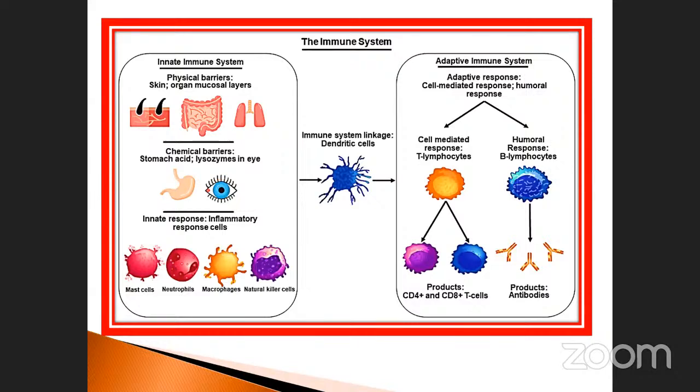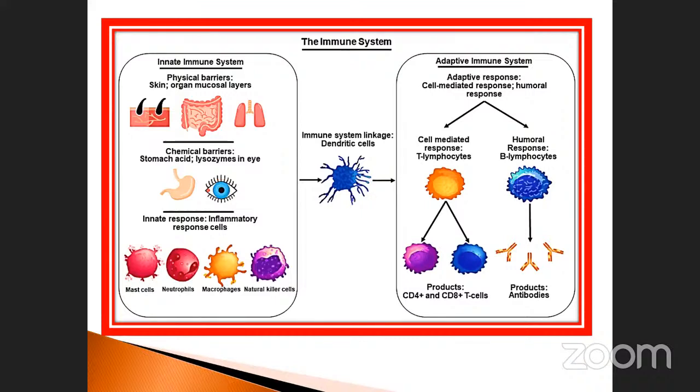We will study what the cell mediated response is and what the humoral response is later. You must note it down. Cell mediated response: which cell is essentially the T lymphocyte. T denotes the thymus gland, which produces one of the lymphocytes, otherwise called antibody cells. So T lymphocytes. B lymphocytes, we already studied, are bone marrow cells. These are the two things. Just imagine this is the structure of a T lymphocyte. This is the structure of a B lymphocyte.